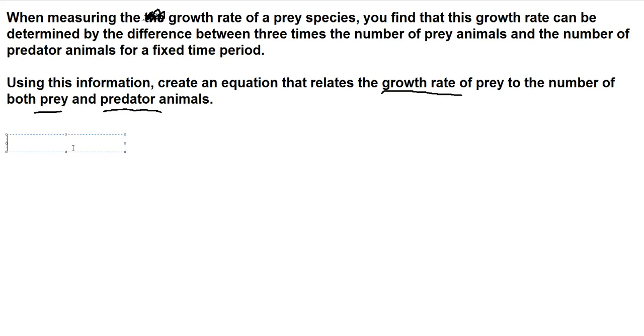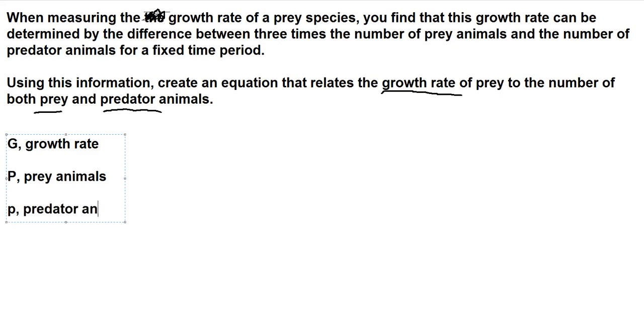Now, the symbol you pick is up to you. It really doesn't make a difference. So we're going to use G here for the growth rate that we're trying to find. Let's use capital P for the number of prey animals, and let's use lowercase p for the number of predator animals. These are the 3 things that we've been asked to relate. Now, when it comes to relating them together,